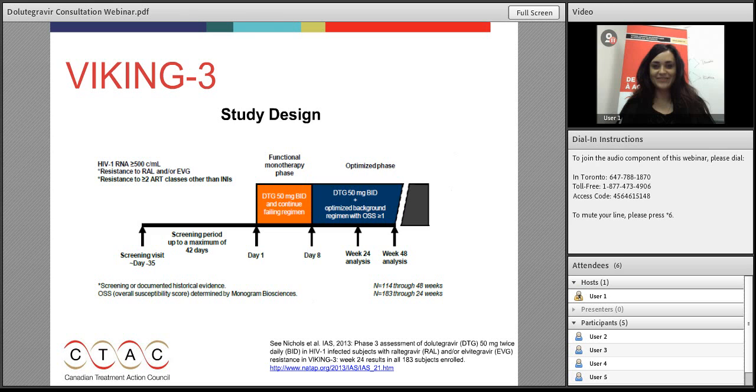The Viking study was conducted in 183 integrase experienced patients who currently or previously had experienced treatment failure on integrase inhibitors. The trial was particularly important for patients who